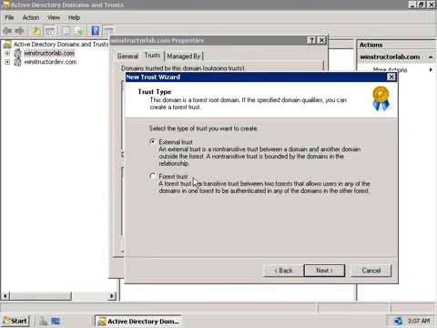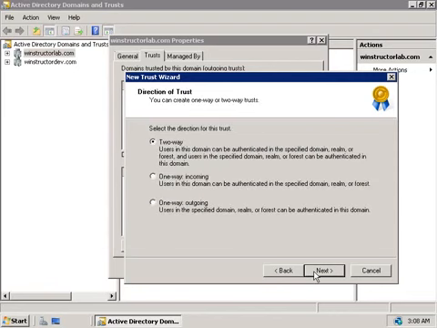Now, we have two different types of trust that we can create, either an external trust or a forest trust. The difference, first of all, is that the external trust is non-transitive and really designed for when you want to connect a Windows 2008 domain to another domain running Windows NT 4 through to Windows 2003, and we can configure any domain in our forest to trust another domain in another forest. Whereas the forest trust is a transitive trust which will allow access to all of the domains in either forest, and with the forest trust, we'll configure one forest root domain to trust another forest root domain. So, since both of my domains, winstructorlab.com and winstructorsales.com, are both forest root domains, let's select the forest trust option